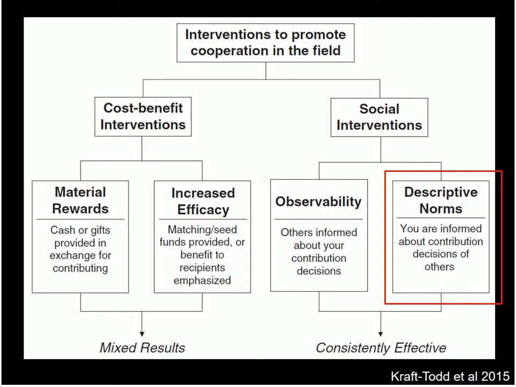And what you'll see is that descriptive social norms are like the converse of observability. Just to say it again, observability is telling other people about what you are doing, whereas social norms is telling you about what other people are doing. And so the most famous example, I think, of the power of descriptive social norms,